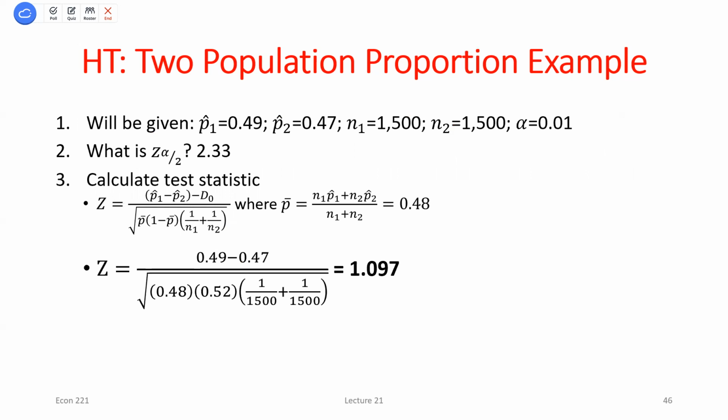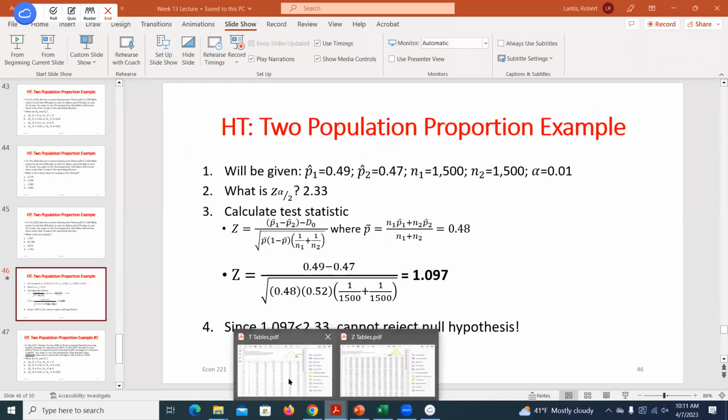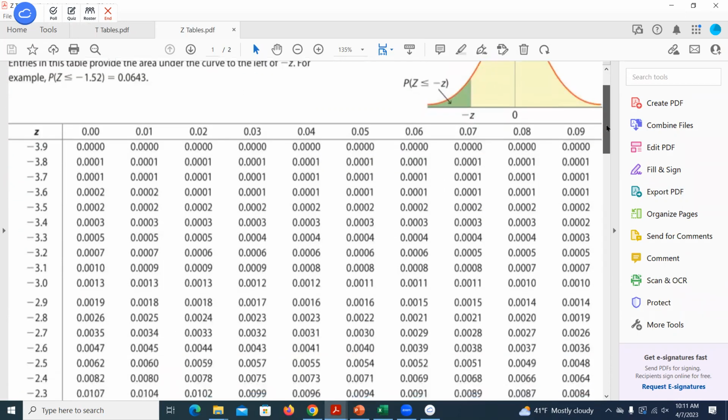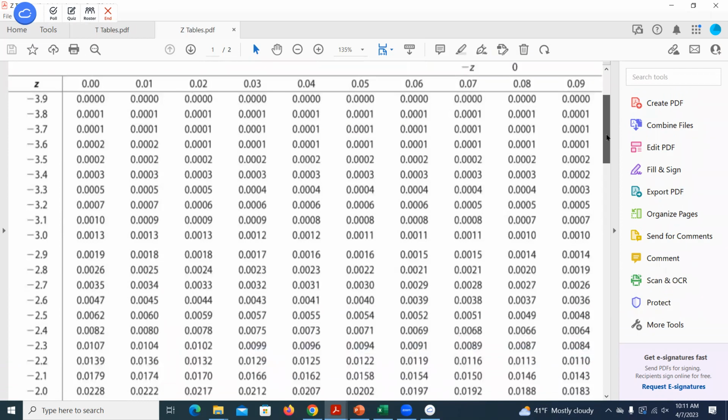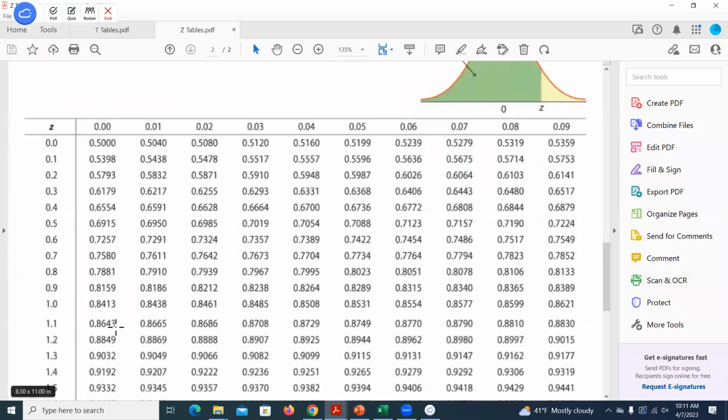My test statistic that we found, 1.097. If I want to find the p-value, or the area to the right, I can use my standard normal table. So I will go to that z table. Now I can only go to the second decimal, so 1.097 would round to what? 1.1 actually. So we scroll down to 1.10, so 0.8643